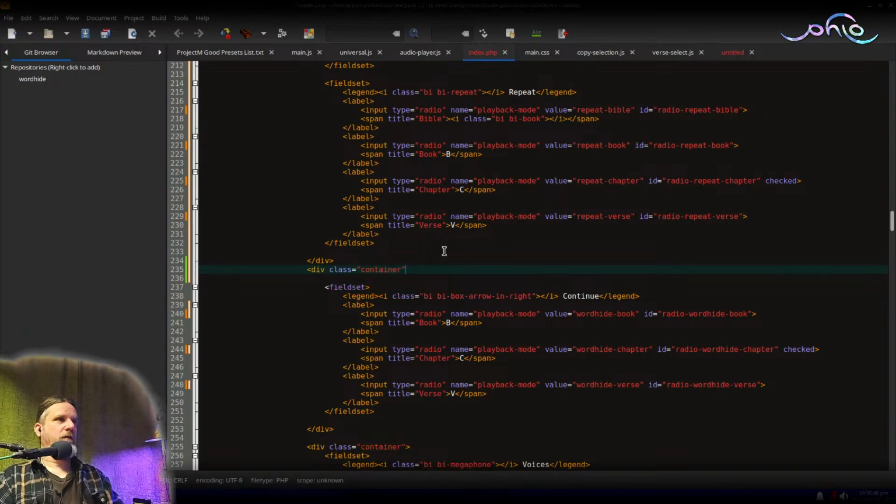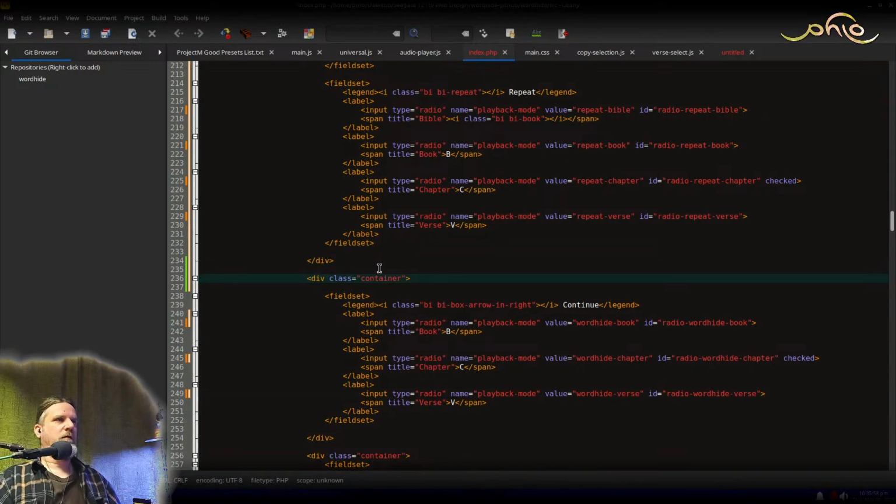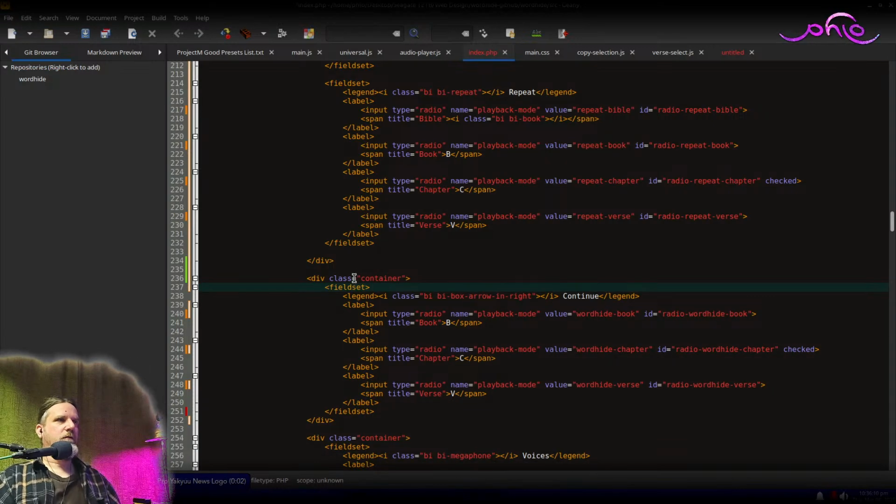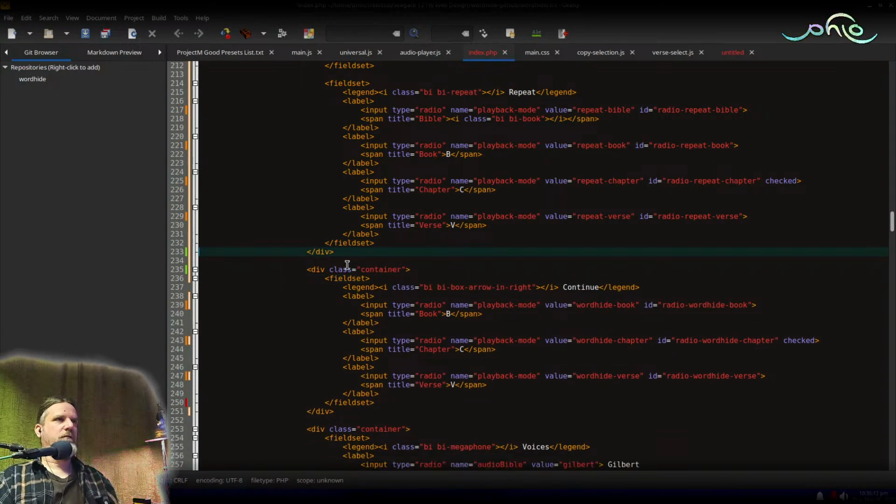And the other thing I realized yesterday is I didn't know it at the time, but by giving anything a class of container, I was unknowingly wrestling with some default styles, because container is a bootstrap class, so it adds some of its own CSS on that class, so I had to undo that.